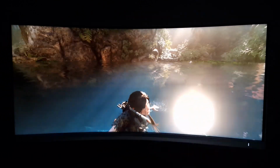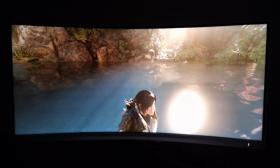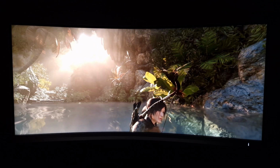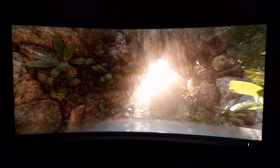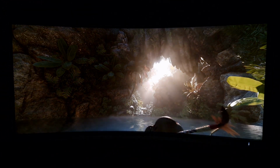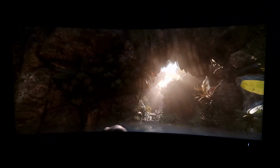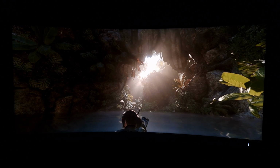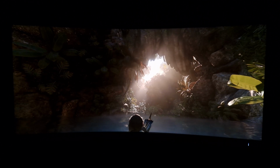Really nice brightness. The glint of light on the water surface is very bright indeed. The glint on the waxy leaf there stands out nicely. This giant ball of light you can see there, yes, it doesn't look like that to the eye. It's a bit more like that, but you're not going to be able to see exactly what you'd see in person. Basically, it's nice and bright, definitely bright, but there's also a nice quality to the mists there, smooth gradients,